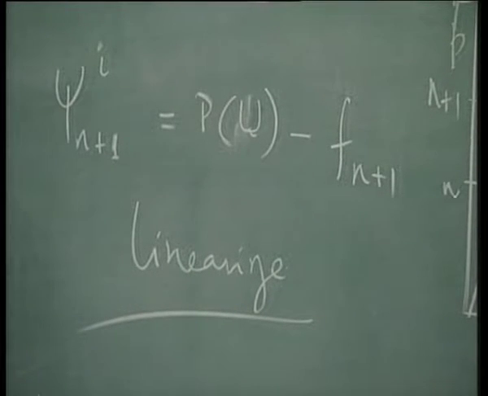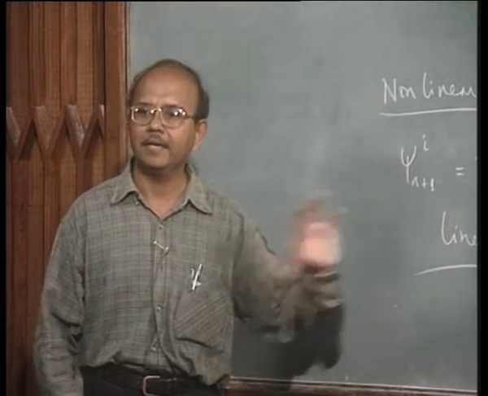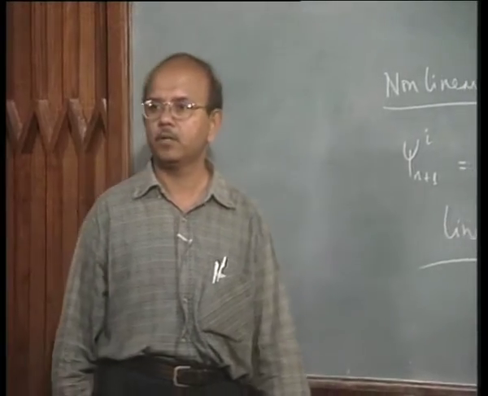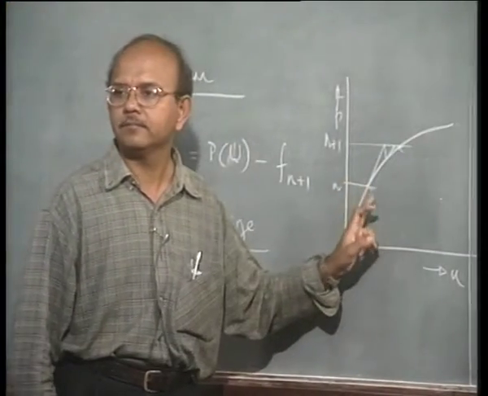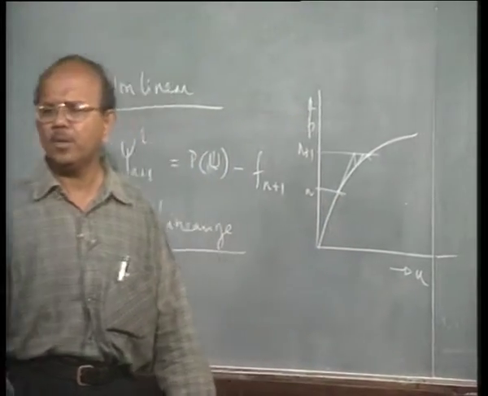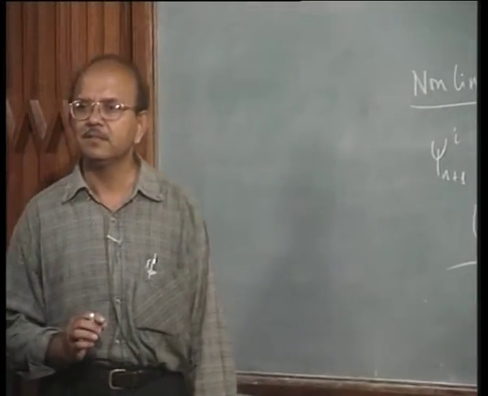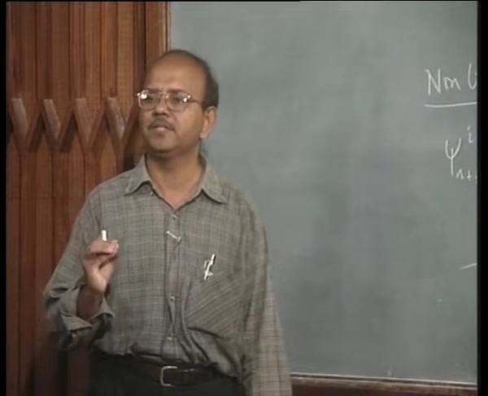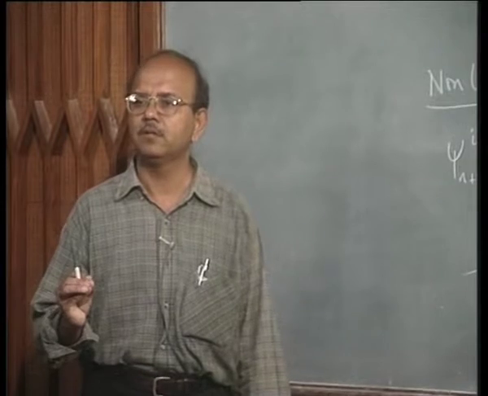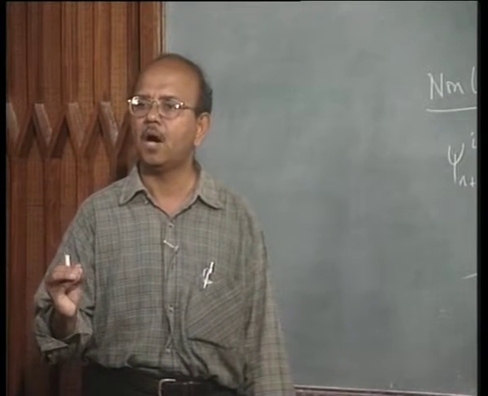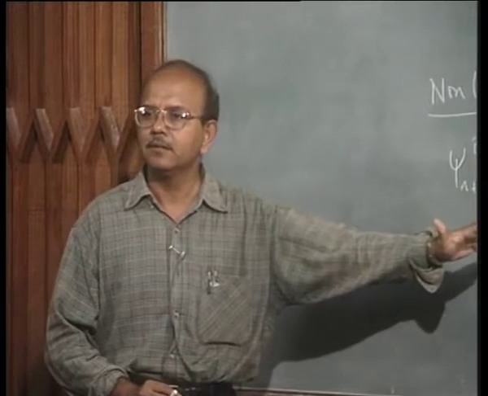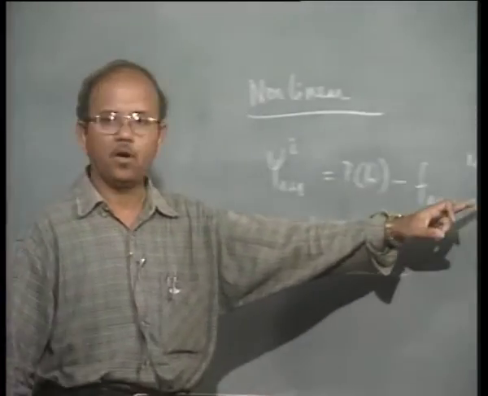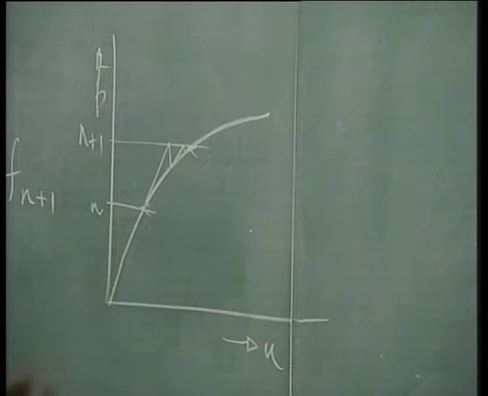Okay, linearize about this point, say I. For the first step, about say n, where I is equal to 0. What do I mean by linearization? Linearization simply means that I am going to write down a Taylor series approximation about that point, okay, about this point, say for example, or about this point. I am going to write down the Taylor series approximation, stopping it after the first term,